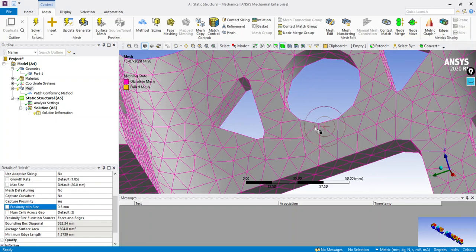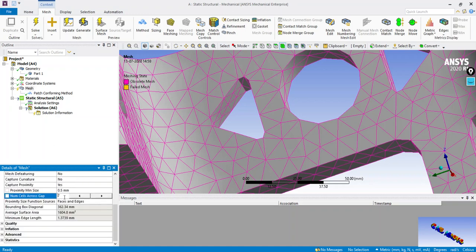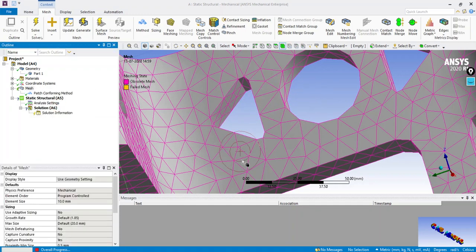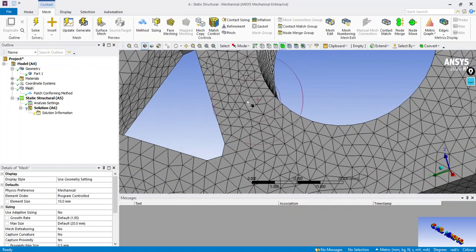Here we could observe only one element is created in between the gap. As we specified 7 in number of cells across the gap, only 7 rows of elements are created in between the gap.